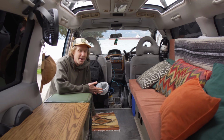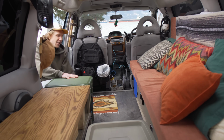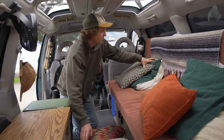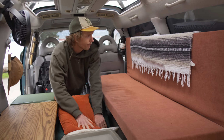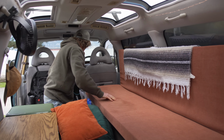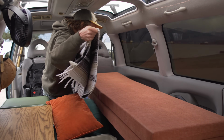This is how I make my bed every night and morning, I guess. And it's not the most efficient way, but what are you gonna do? So you just move these out of the way. My pillows. Yeah, and that happens quite often. Blanket